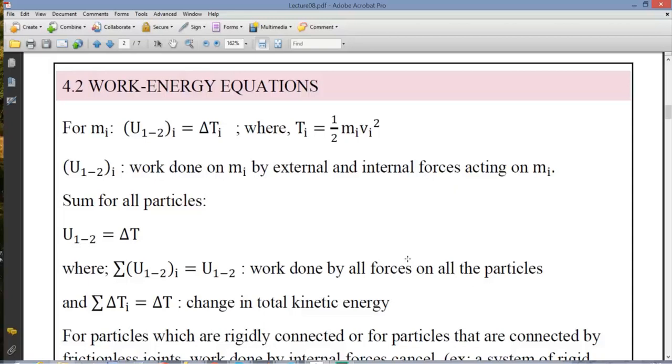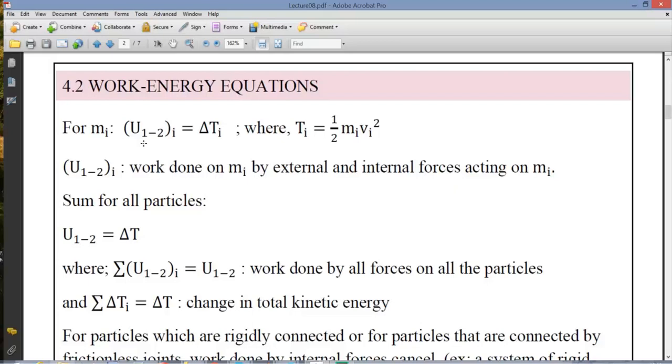After we apply the Newton's equations and generalize them for the system of particles, we can work on the work energy equations. As we have derived the equations for the particles, we're going to make use of that for each particle of the system of particles. Therefore, we need to have a subscript denoting the particle i here,